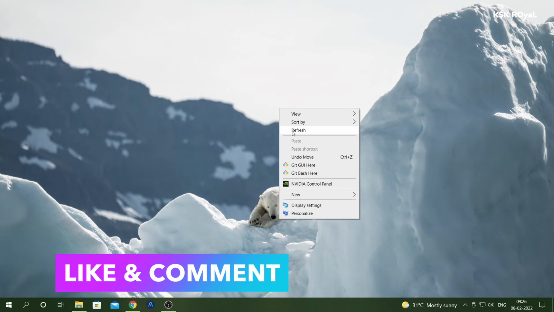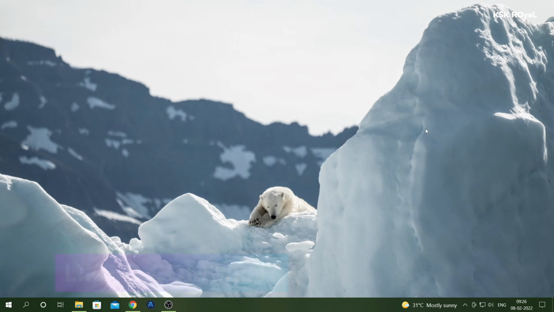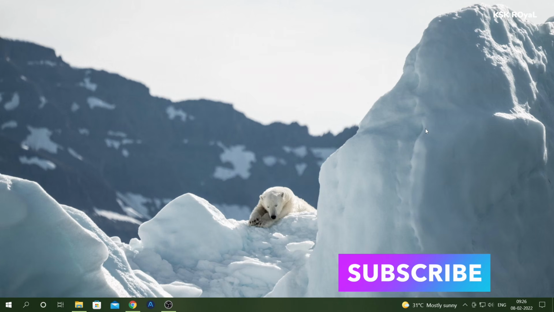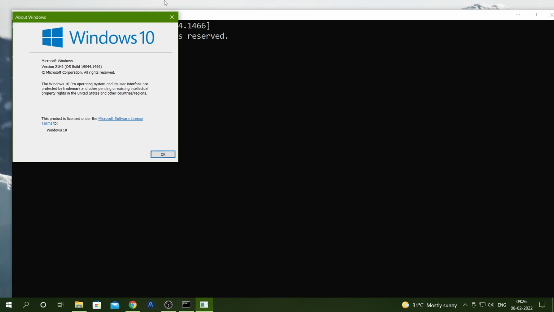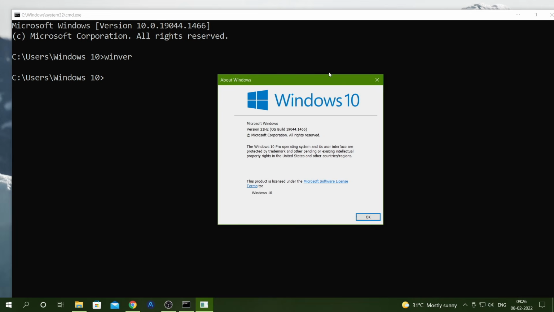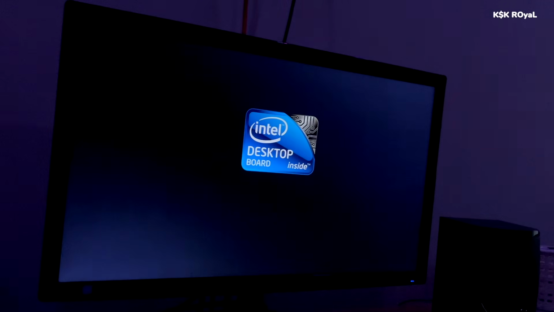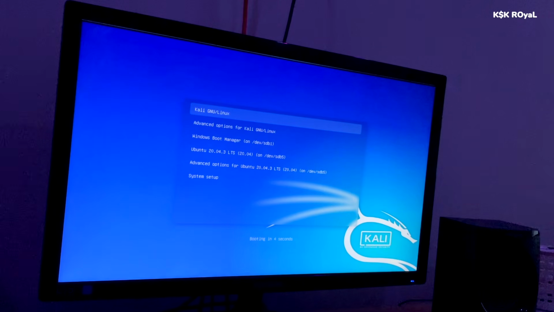There are times you may need to run multiple operating systems on your computer. Based on your workflow and requirements, you need to experience the native performance of a Linux operating system. Most users have been asking me for a long time, how can I set up a triple boot on my computer without any data loss?